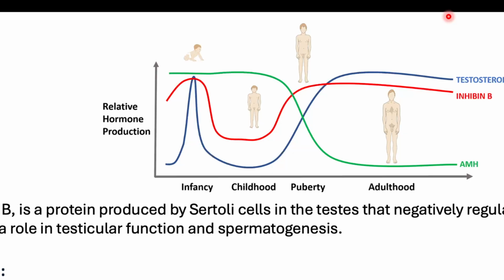Inhibin B levels are positively correlated with Sertoli cell function, sperm number and spermatogenic status. Low inhibin levels are associated with impaired spermatogenesis and testicular dysfunction. Inhibin B may serve as a marker for spermatogenesis and testicular function. So inhibin B is an important hormone secreted by the Sertoli cells in the testes, which forms a negative feedback loop to stop the secretion of follicle stimulating hormone from the pituitary.